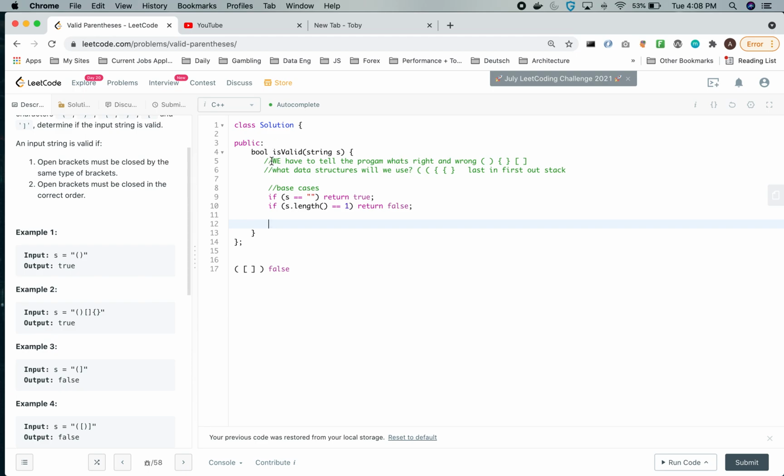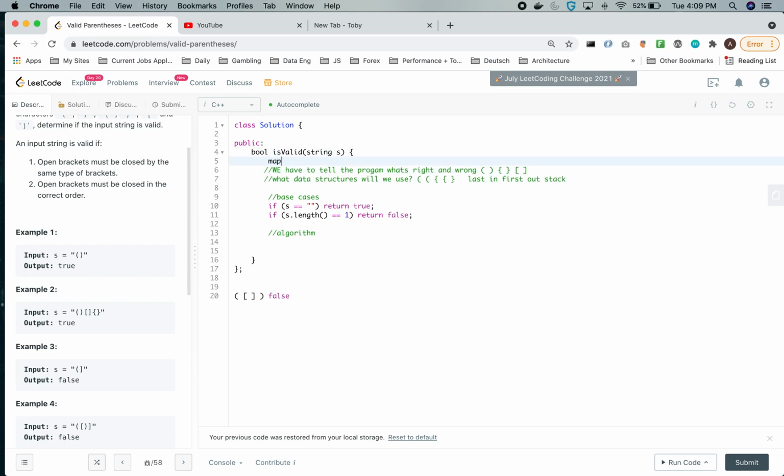So I have to tell the program what's right, what's wrong, what data structure I'm going to use, which is going to be a stack. I have my base cases. So actually, before we get to writing, my algorithm and my thought process is how to solve this: how can we tell the program what is right and wrong? Well, what I'm going to do is have a map with a key value pair. You don't have to have this, but